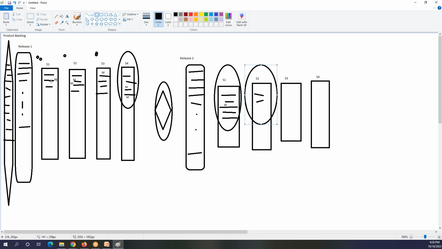So in the first one, we have 3, second 4, which means 7 in total. In sprint 3, we have 4, which means 11 in total. In sprint 4, we have 4, which means 15 in total. And in the second release, sprint 1, I have 5. So 15 plus 5 is 20. So when you are working in sprint 2, your total regression test cases are 20, and you have 2 sanity tests, and the smoke tests are 1, 2, 3, 4, 5, 6, 7. You got it, Anik?